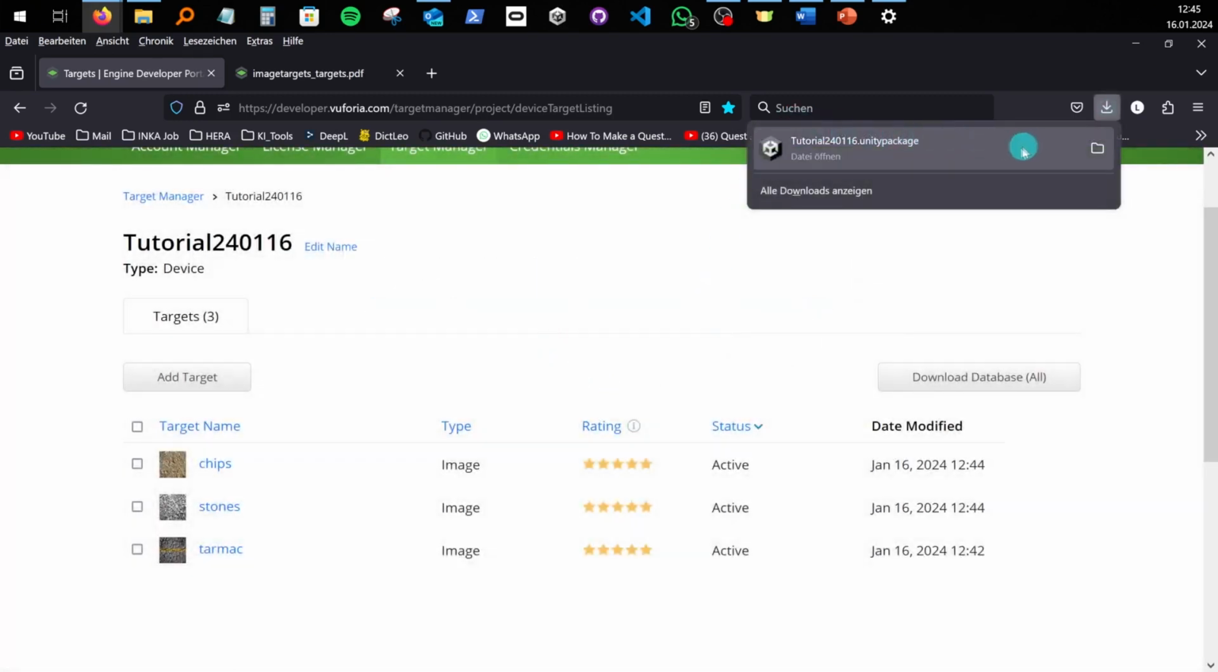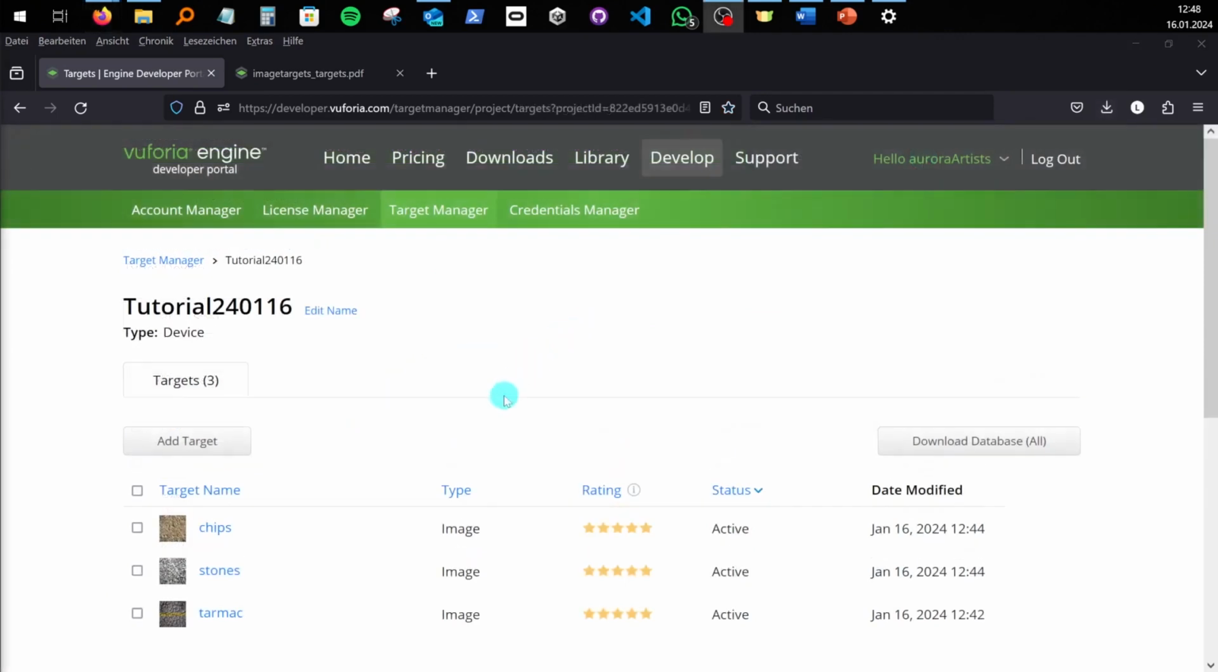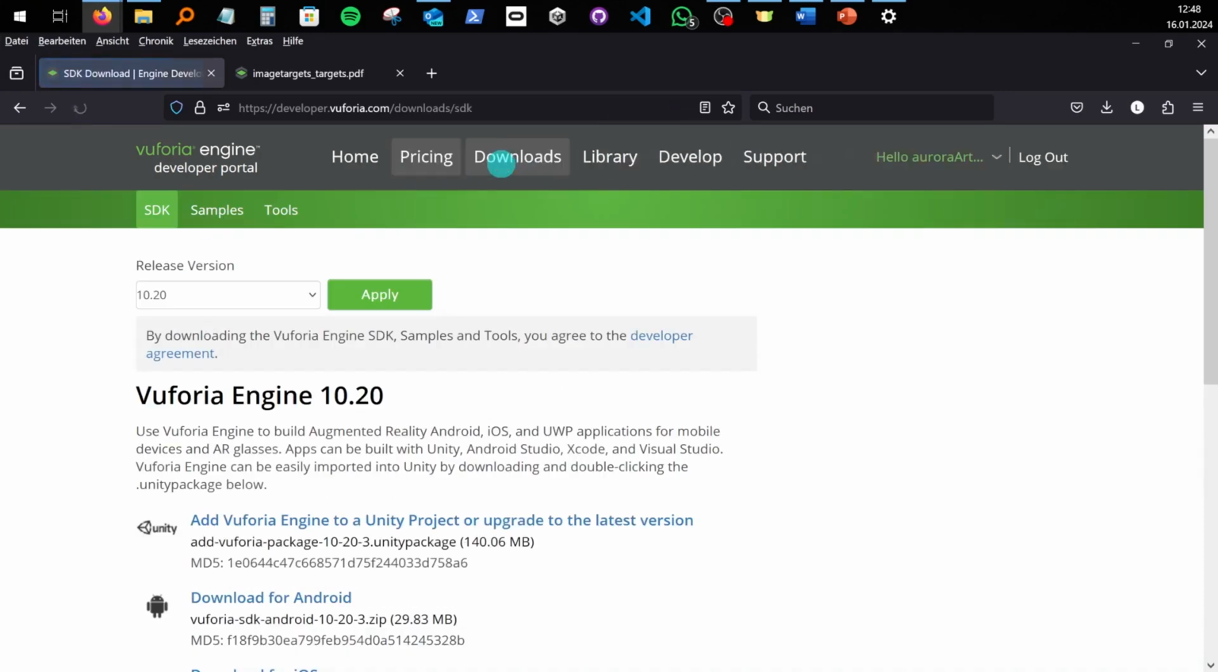And we have downloaded our Unity package. And in the last step before we jump to the Unity editor, I would like you to go on the top of the Vuforia engine portal, go to downloads. This can happen that it's buggy, so we go again on downloads and we need to download the Vuforia engine